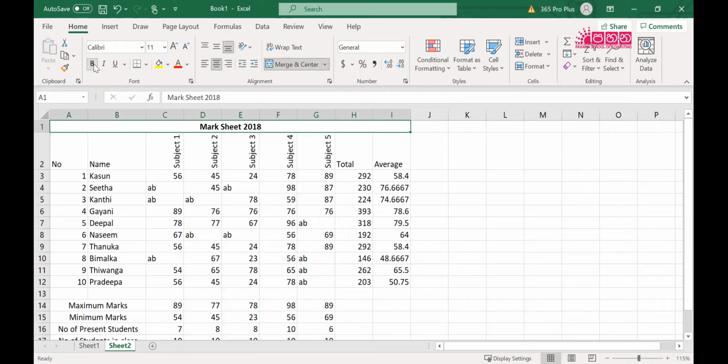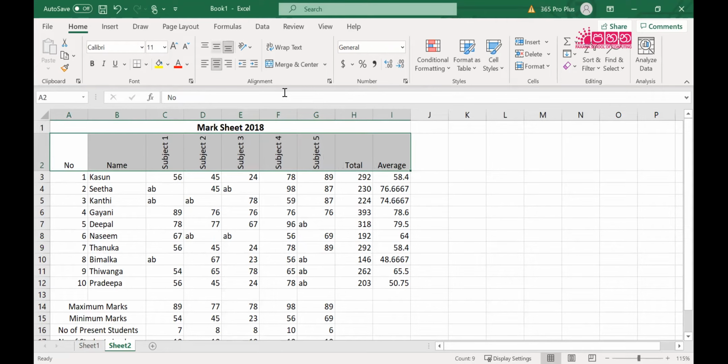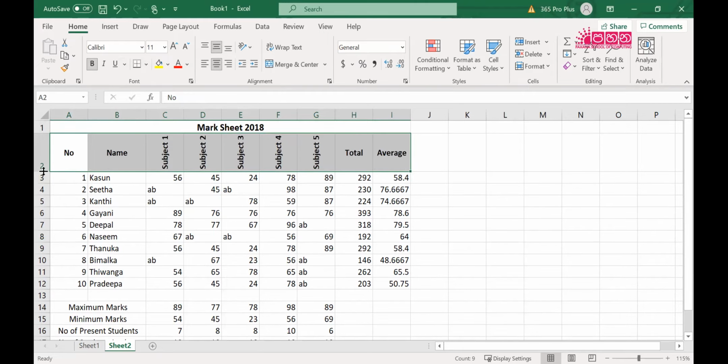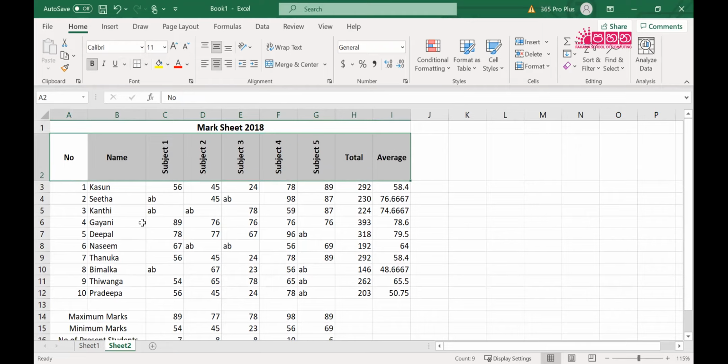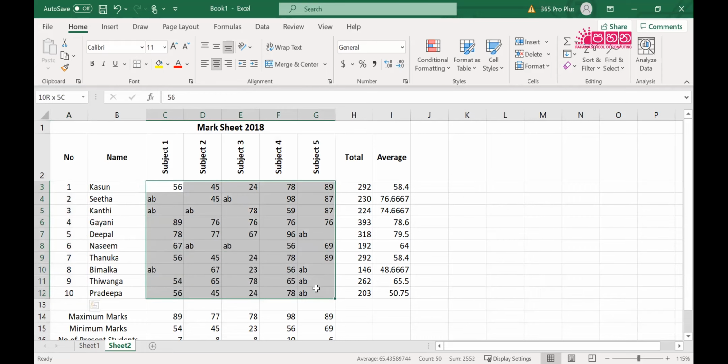Maybe we can bold it, or maybe we can increase the size a bit. And here we have to center it and maybe take it into the middle and maybe again bold. We can increase the size a bit. Yes. And then we can center some of the values. So I'm centering these ones plus all the subject values.